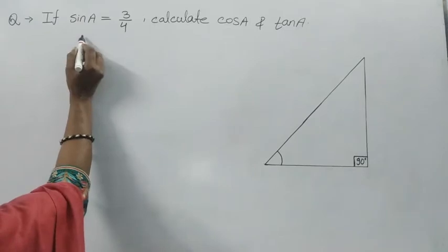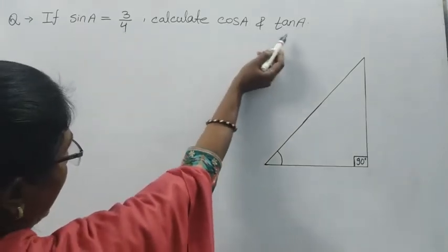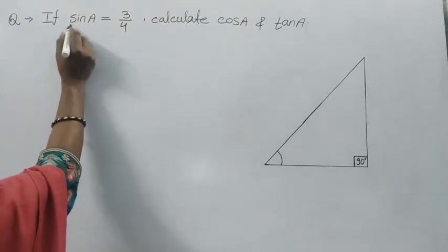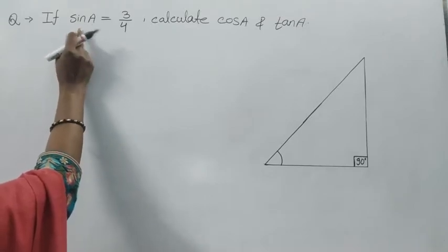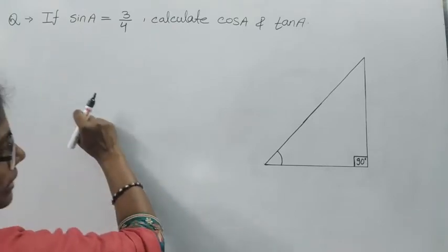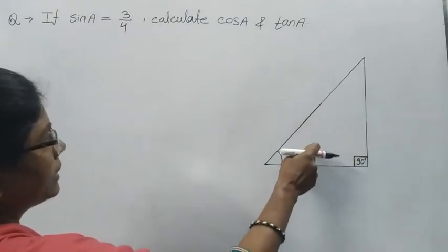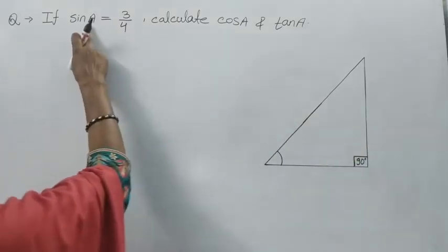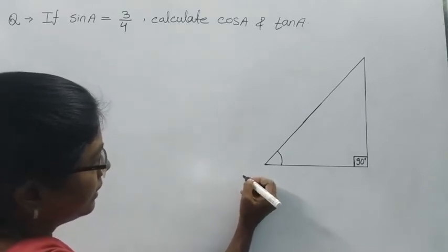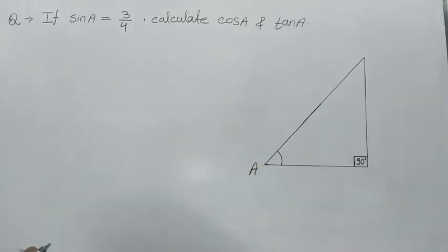Look at this question. If sine of angle A is equal to 3/4, then calculate cos A and tan A. You can look here, this ratio sine of angle A means the ratio is given for angle A. That means generally the ratios we prepare are prepared for an acute angle. So when we draw the figure, the angle A is always, we put the name A at the acute point. That means we write this point as the angle A